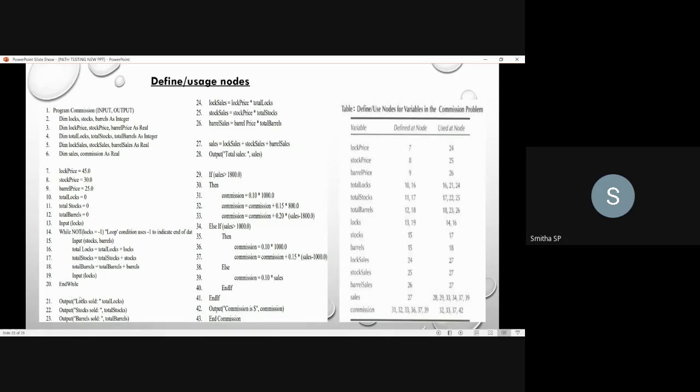Okay, next, coming to the 16th line. Here once again, once you have asked for the logs value, you're checking whether it is equal to -1 or not. If it is not equal to -1, then you will enter the loop, and again you will make use of this logs value for the calculation of the total logs. That's why you have used it again in the 16th node. So the usage nodes here for the logs variable are the 14th and 16th nodes.